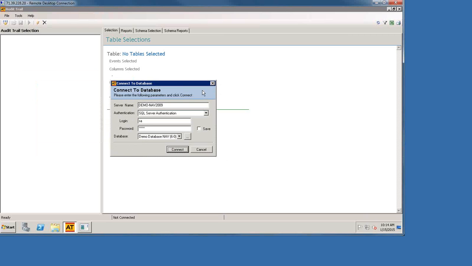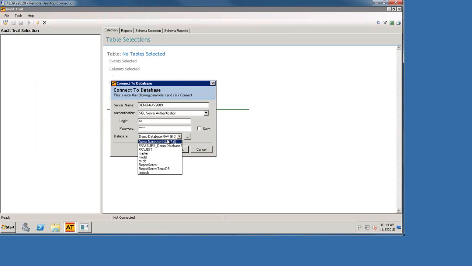So with the configuration piece, the way that this works is we're going to connect directly to the Microsoft SQL Server where our NAV databases are located. Okay, so we're going to connect to that database. And we can see every database on that server. The reason that we can see every database is that our tool isn't strictly limited to Microsoft Dynamics NAV. It's actually a Microsoft SQL Server reporting tool. You can actually audit anything at all that exists in Microsoft SQL Server, but we have optimized it somewhat for the different Dynamics products. Okay, so if you have custom databases that you'd like to audit, you don't have to go out and get a separate tool to do that.